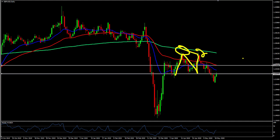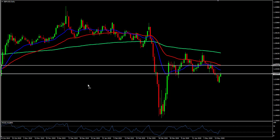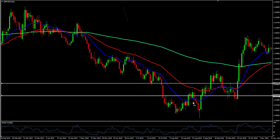Double top formation, just shy of the 200 moving average, which again, we've seen used as a strong level of support and resistance. Price did come lower to the back end of last week, took out the previous low of 1.2245, and we're now seeing price in a daily phase 2. 1.2245 has seen minor support previously,